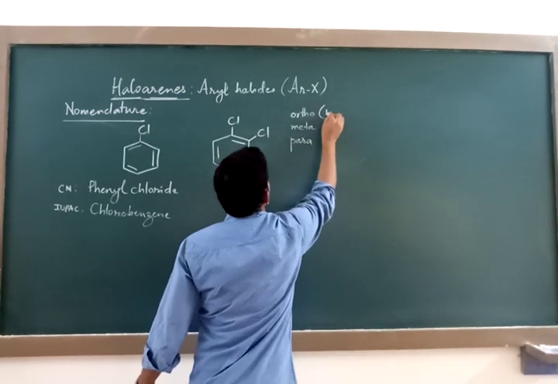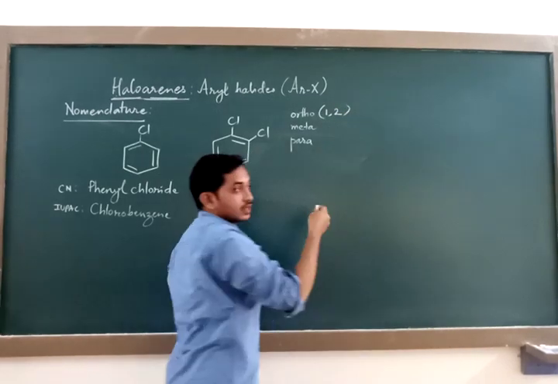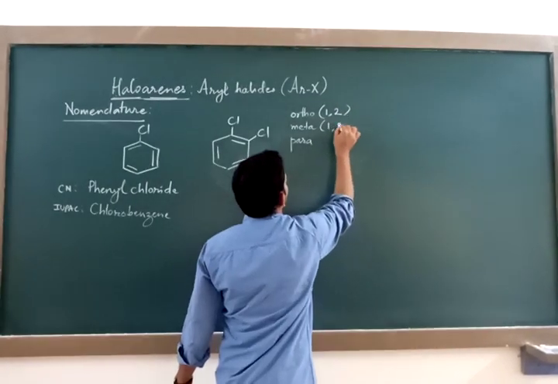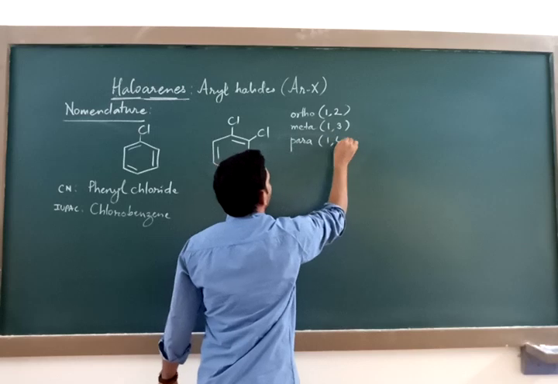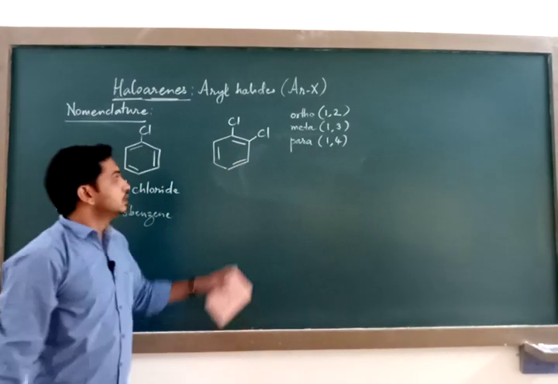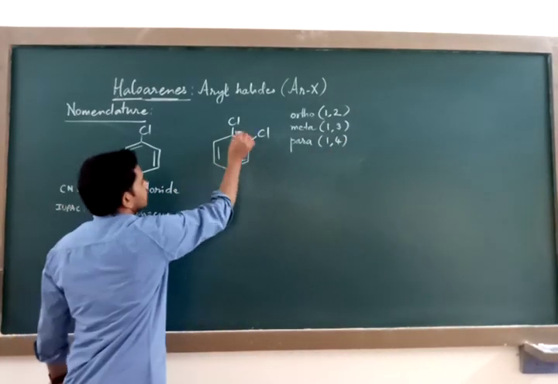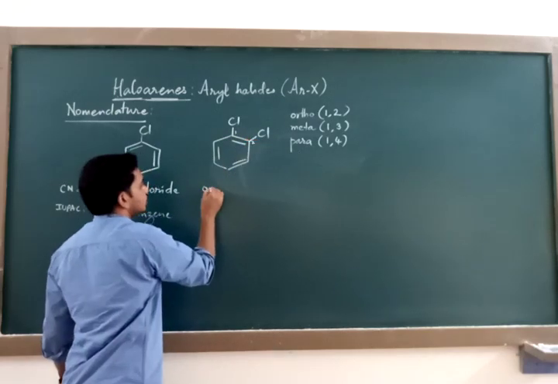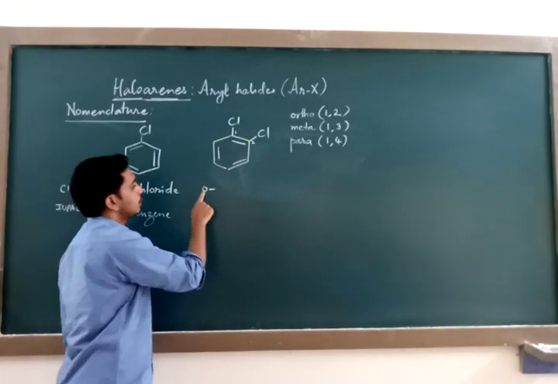Ortho is used to indicate positions 1 and 2. Meta is used to indicate positions 1 and 3. Para is used to indicate positions 1 and 4. Then this compound is called ortho, small o, do not write capital. Ortho